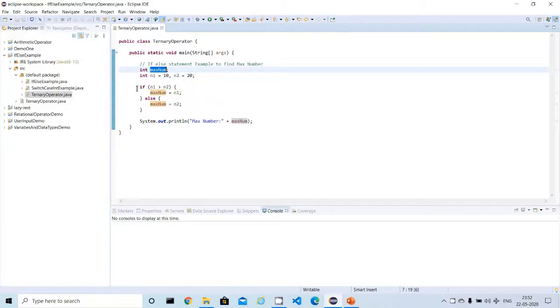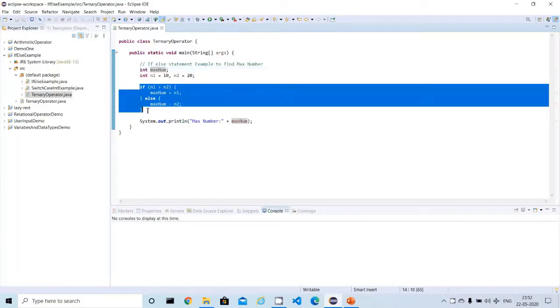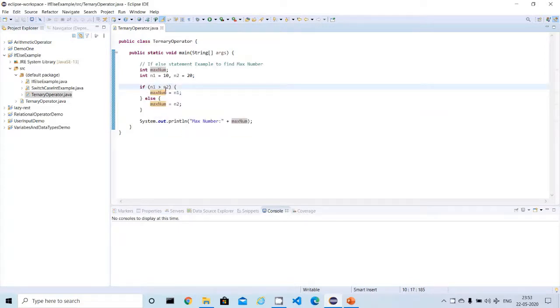After that I used a simple if-else statement to find the max number of n1 and n2. If n1 is greater than n2, then I assume n1 is the max number, else I assume the max number is n2, and I print the max number. So this is a simple if-else statement which finds the max number between two numbers.